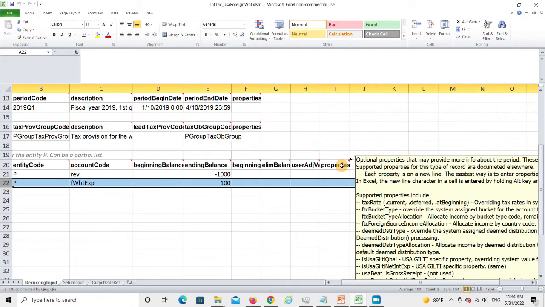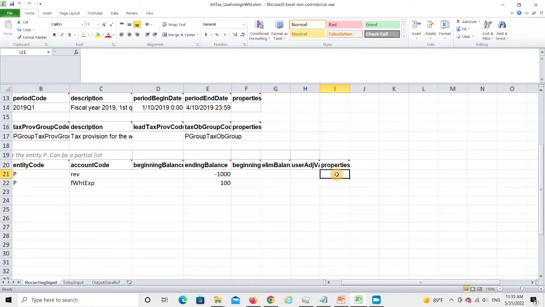There's a bunch of properties. One of them is called FTC Foreign Source Income Allocation. So it's $1,000. We know that the $200 is from a foreign source, Canada. So we must tell the engine here. So for that account, we're going to enter FTC